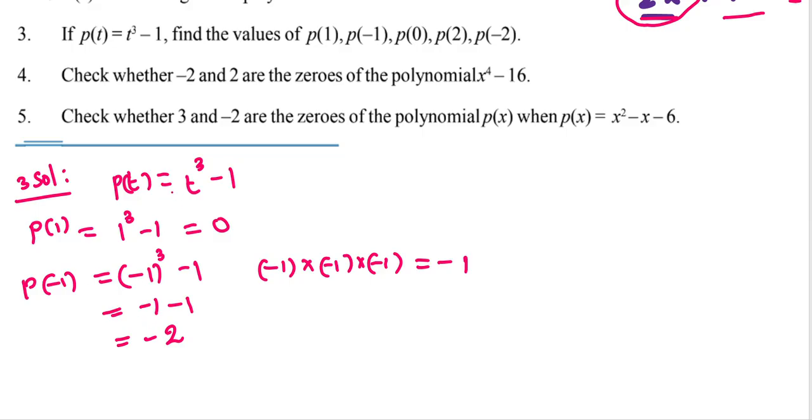Now in the same way you have to do p of 0. Take p of 0, that is 0 cube minus 1. Finally, how much are you getting? That is minus 1. Okay, 0 minus 1 is minus 1 only. Now look at,